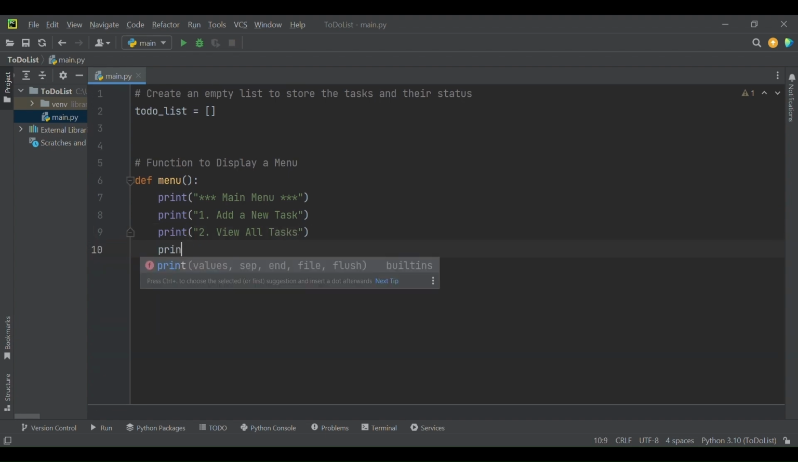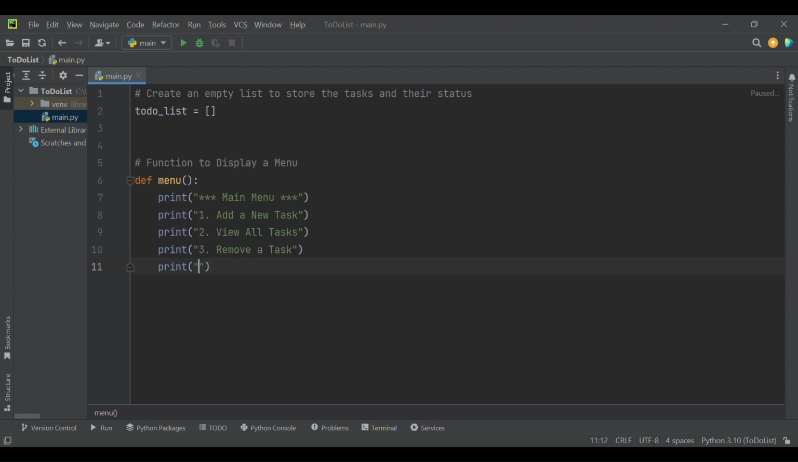Then my third string will be printed and that says remove a task. Fourth is a string which says mark a task as completed or done, and then we have another option, the last option, which is to exit the application. So this is going to be the menu, and since I want this menu to be repeated several times,